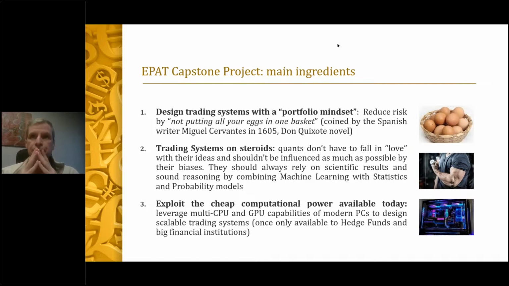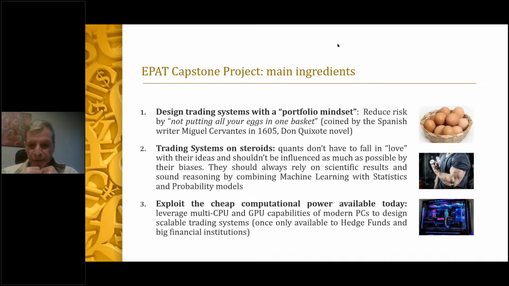Okay, let's start from the main ingredients of this project. To build a scalable framework for portfolio allocation, you need 3 ingredients. First off, you need to design a trading system with a portfolio mindset. I think that many of you have heard the famous saying of Miguel Cervantes, don't put all your eggs in one basket. So this is the first idea. It's really important if you want to design a portfolio